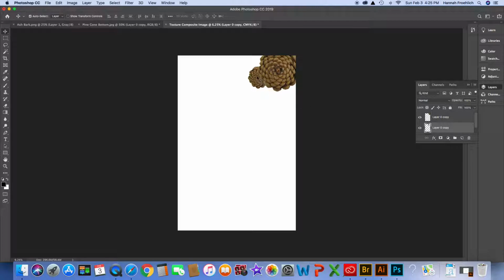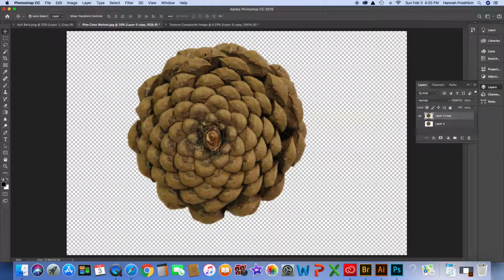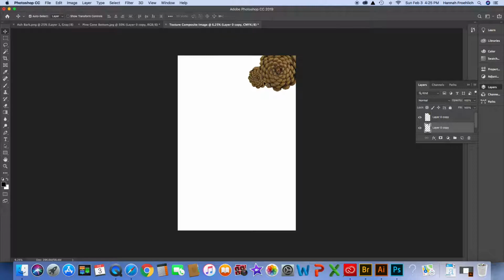Okay, this little halo around it is from my magic wand tool on the original photograph. On this, there's a little bit of a halo around this. I could have gotten rid of it if I went in and made sure I got every little edge, but for right now it doesn't bother me. It's not that big of a deal. So I can